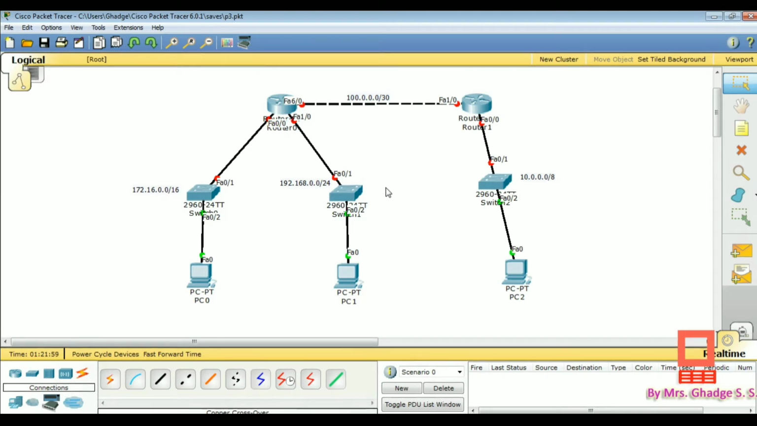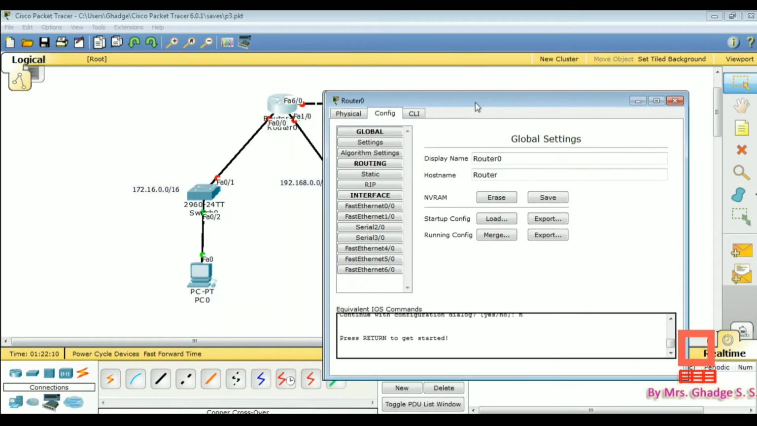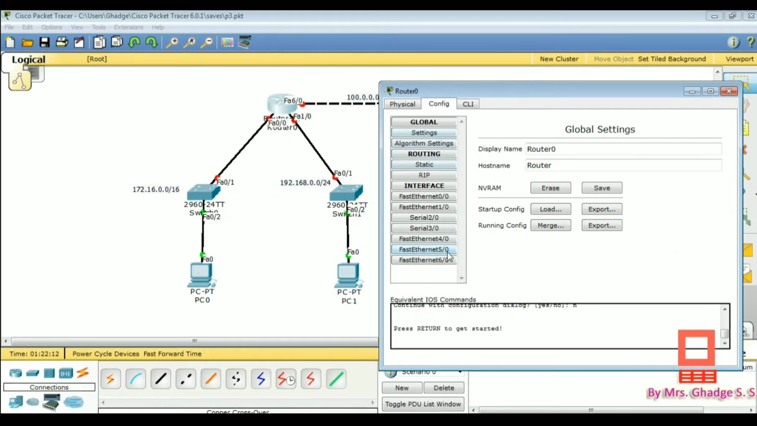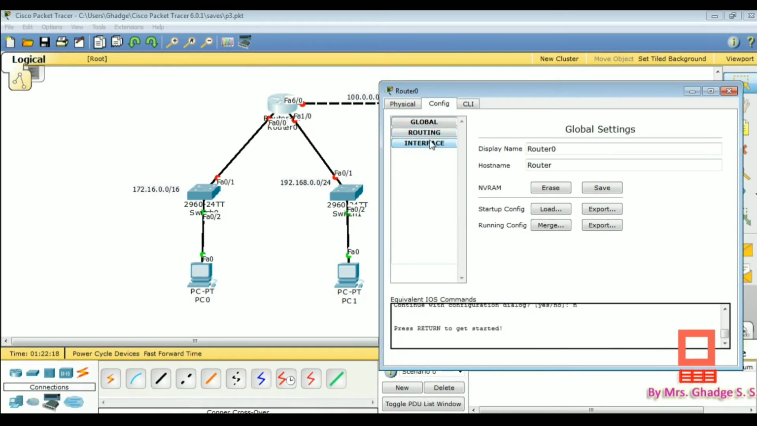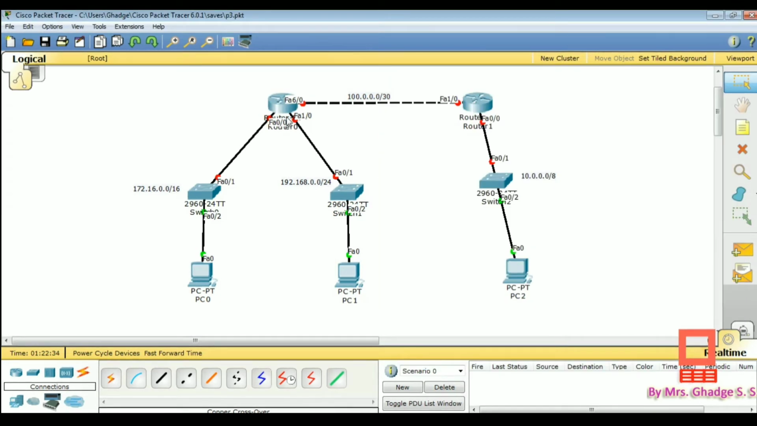Okay, now we have to see how to configure our router. Just click on the router, then click on the config button. In this config tab at the left end you can see there are three options. First is global, second is routing, third is interface. So click on the interface option. Here you can find the various interfaces that are connected to router 0, of which we are using the first interface. You can see in the diagram, the first interface is FA0/0, which is connected to